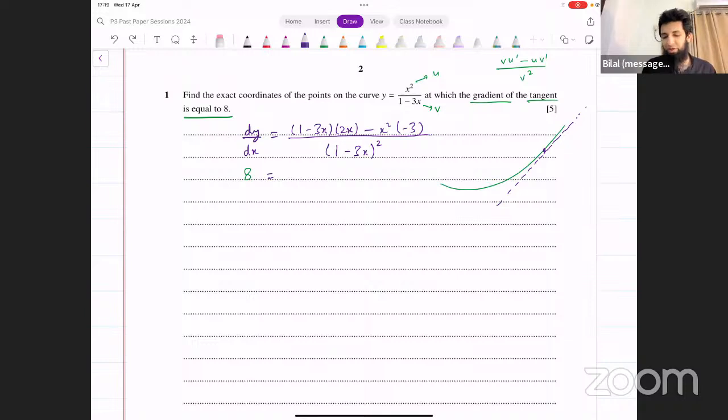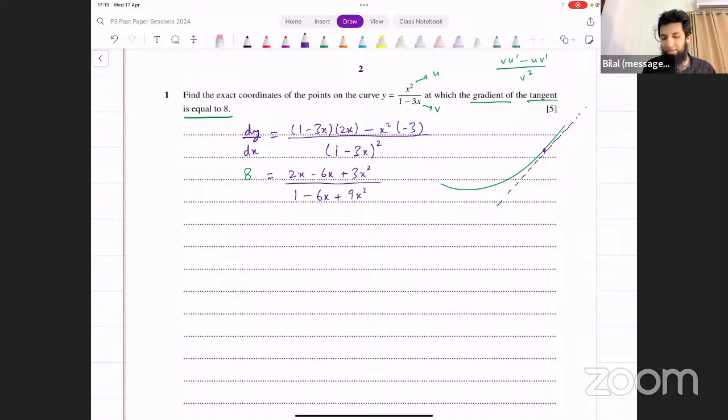Let's simplify the numerator. 1 into 2x, that's 2x, minus 3x into 2x, that's minus 6x, plus 3x squared. In the denominator, we have 1 minus 3x whole squared. You could actually just take it to the left side and multiply it here. Or let's do it in the next step. Let's expand it here. a minus b whole squared, what's that? a squared minus 2ab plus b squared. So this is going to become 1 minus 2 into 1 into 3x, that's minus 6x, plus 3x whole squared,